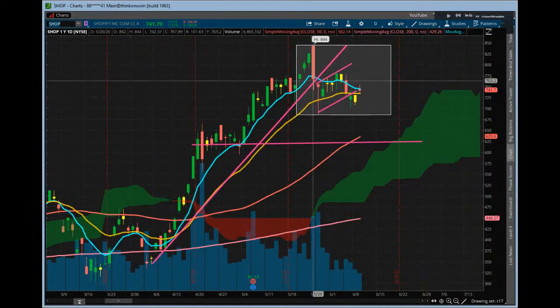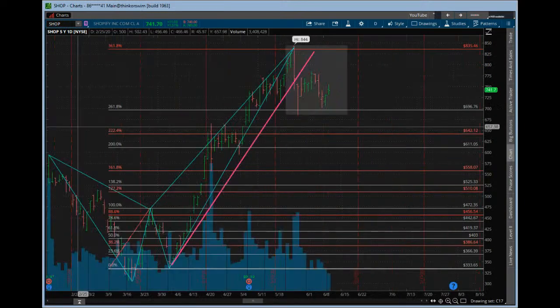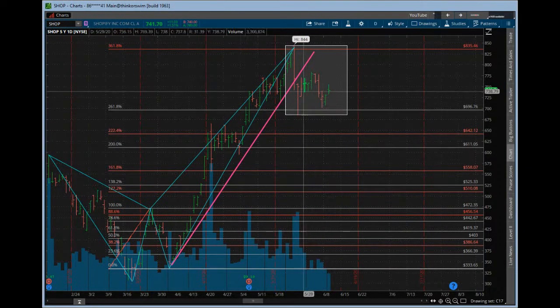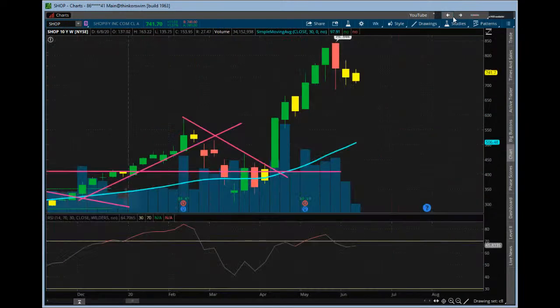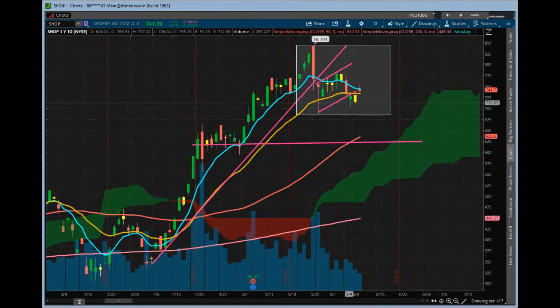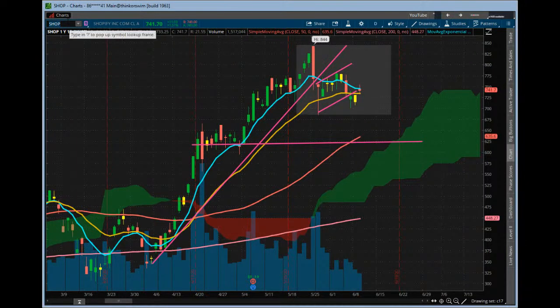It gave a nice reversal off of that harmonic that we projected here when we were doing our harmonic session. So it gave a nice move off of that. And right now it's just kind of chopping around there. But if it breaks down below these lows, we might see another push down. But right now it's just kind of hanging out in there. Look at that double inside week on Shopify. Next week if we close with that double inside week, we might see some more action on this one going into next week. Which way, I don't know, but we'll just keep track and see if it breaks out of the trend box one way or the other.